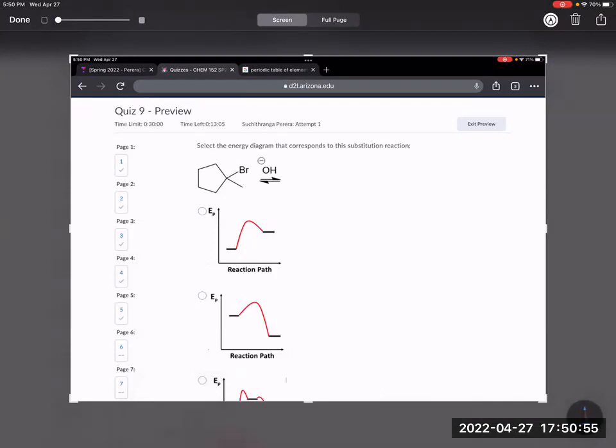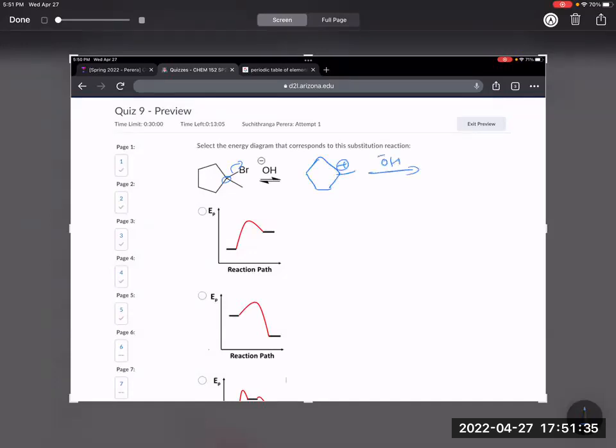Now this carbon over here is a tertiary carbon. This is a tertiary carbon containing electrophile. Whenever you have a tertiary carbon containing electrophile, because of the steric hindrance and also the stability of the cation, the carbocation that is going to be formed when the leaving group departs, you're going to have an SN1 mechanism. Meaning the carbocation will be formed before the nucleophile can get in. So as a result of that, the first step would be the formation of this carbocation, and in the